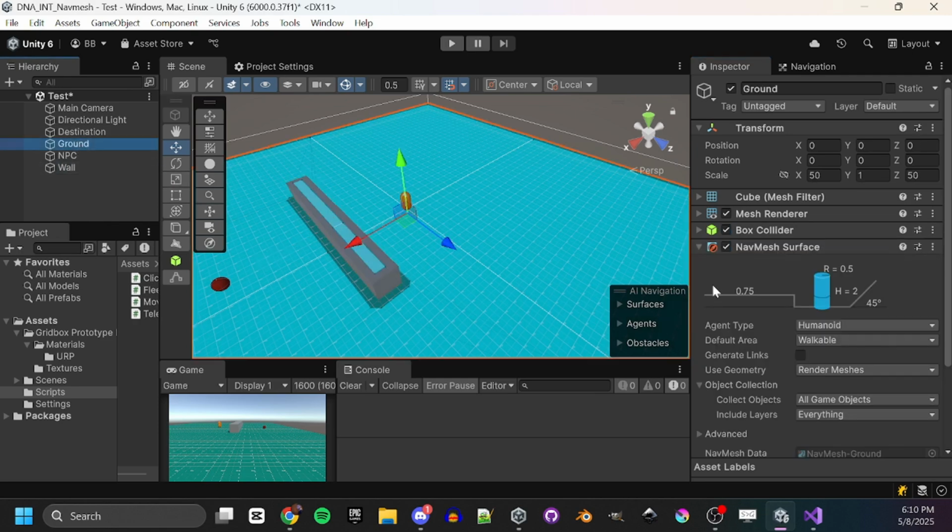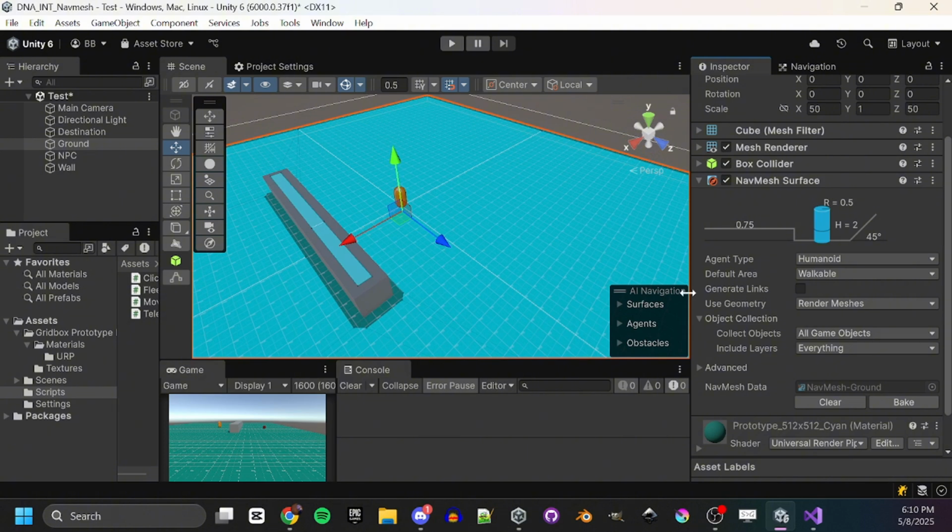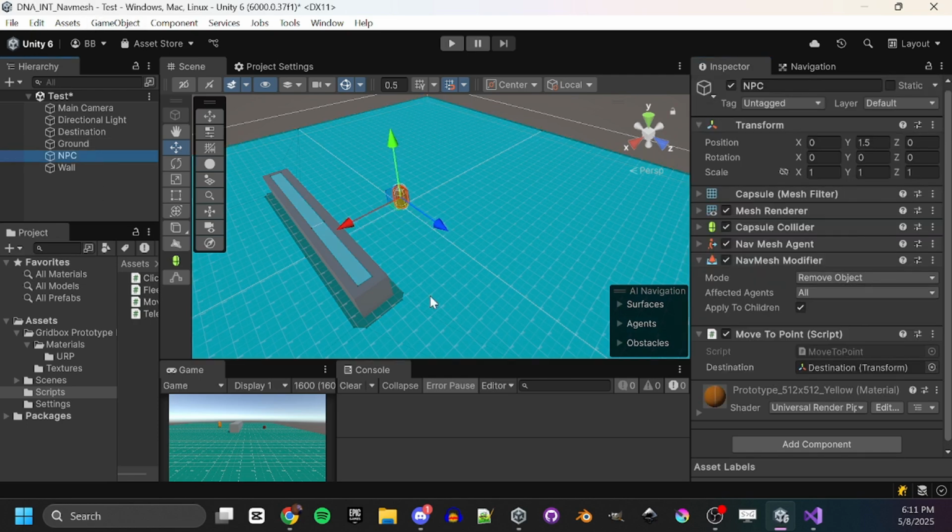And you can actually adjust, you can see how much space it gives there. You can adjust the parameters of the NavMesh surface in order to give more or less space here. And you can adjust the parameters on the NavMesh agent, the NPC, about how fast it'll move and how tightly it'll turn,